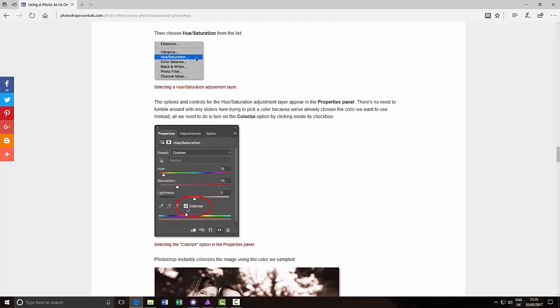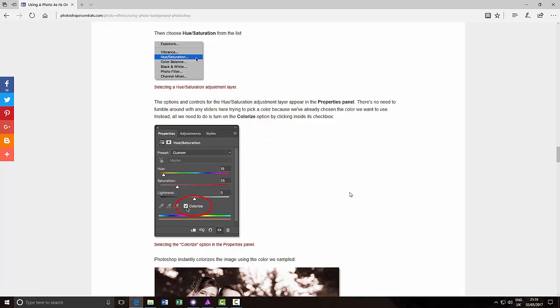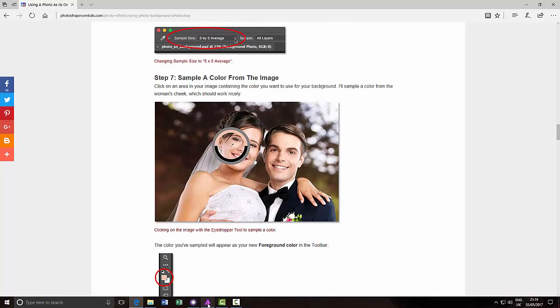But what they've used is colorize, which is part of the hue saturation part of Photoshop. Now this isn't available in Affinity Photo, as far as I can find. There is a colorize option in PhotoPlus, but again it doesn't really work in the same way as it does in Photoshop. So to get around that, what I'm going to do is